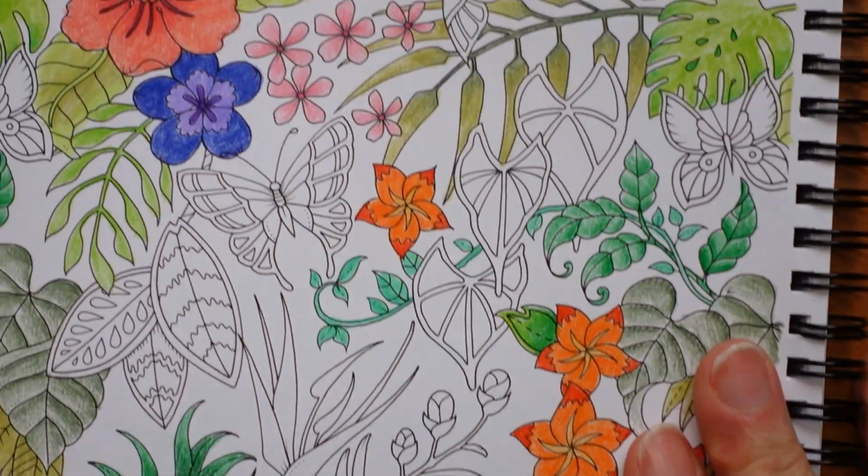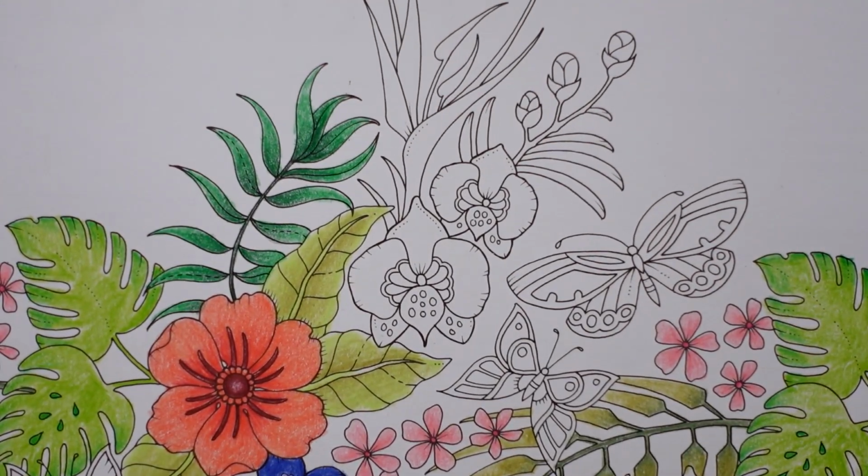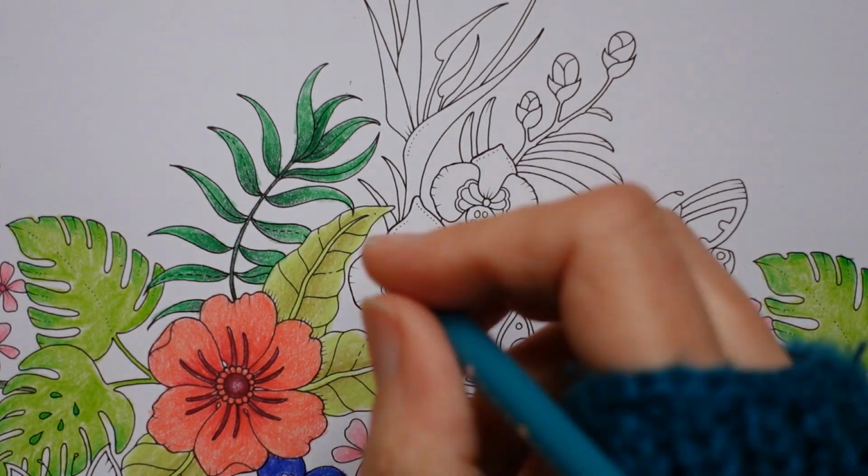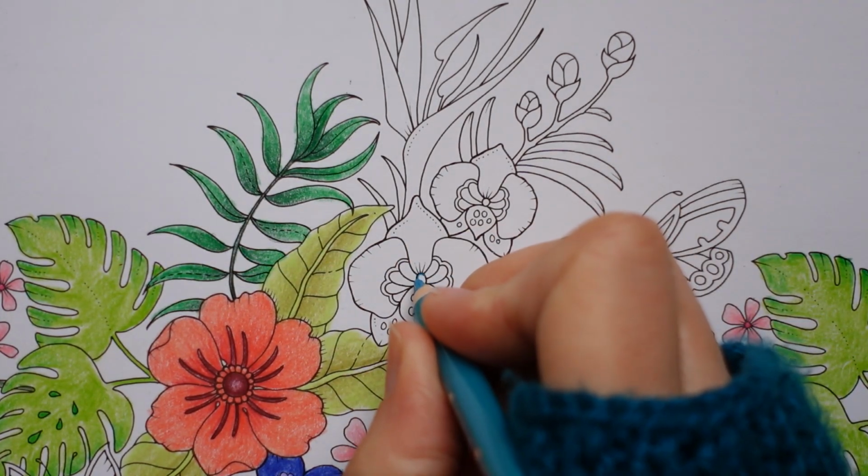I think I procrastinated colouring the orchids for long enough. I'm not going to think about what colour an orchid should be. I'm just going to grab a colour that we haven't done on this page yet and colour them that colour. So I hope that's okay with everybody, because I find orchids very daunting to colour and I just want to have fun with it. So I'm going to start with the jade blue, and I'm going to do the centre